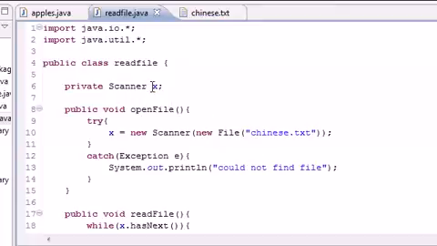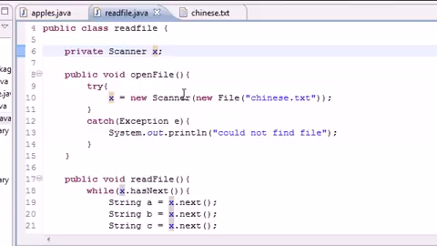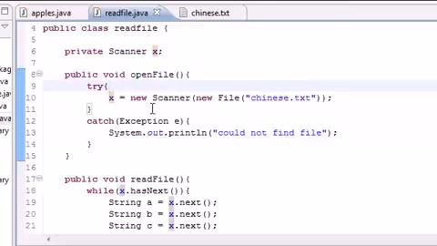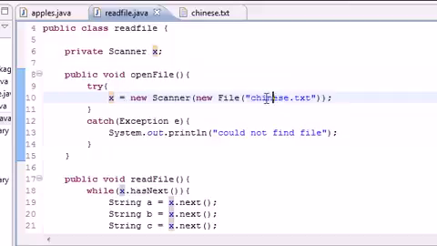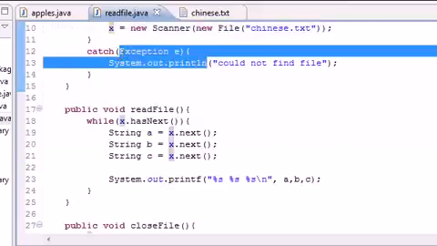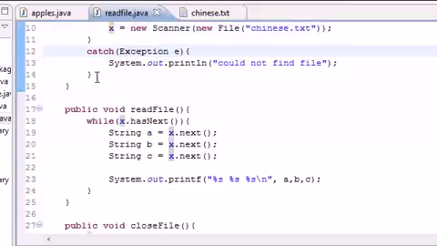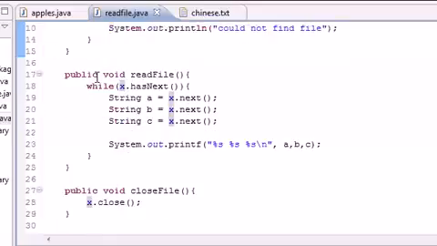We made a new scanner variable X because remember, we can use scanner to not only read from our keyboard but also read from files. We then made a method to open the file right here, in which how we did that is we pretty much set this scanner and said we're reading from this file, Chinese.txt, which is right here, and we pretty much set the file equal to X. This error handling is here because we programmed it awesomely, and we don't need error handling because we don't have